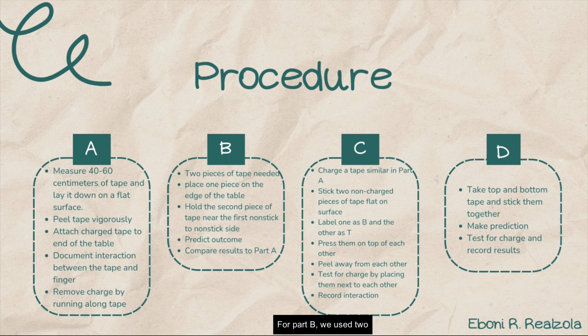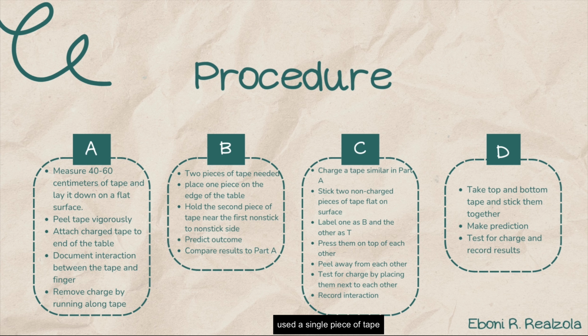For Part B, we used 2 pieces of tape in a similar fashion to the one in Part A and placed it on the edge instead of flat out on the table after giving it a charge, to use the second piece of tape to test its charge by holding it near the first piece but not allowing them to touch. For Part C,